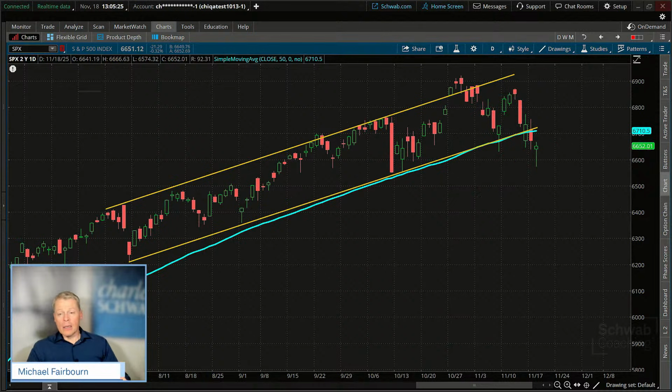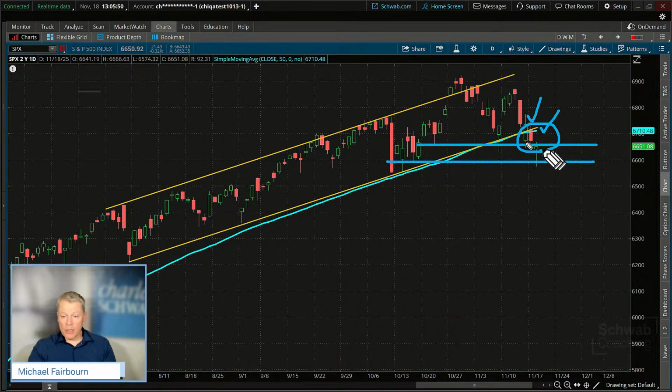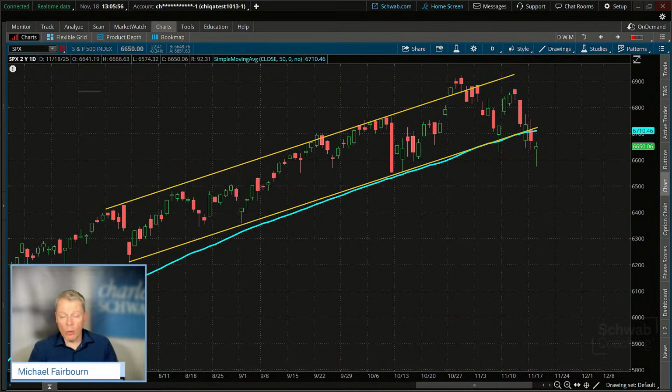If we did, and if that follows through, guess what we're getting close to? We're getting close to a little bit of horizontal support, corollary is resistance. We're right there right now. A diagonal form of support or resistance, and then your moving average line. So there's kind of a cluster of things going on here, and it can really depend upon maybe bouncing off some of these support levels, holding this level and going higher. Remains to be seen. Tomorrow could be interesting. The rest of this week could be interesting to see what we do get.